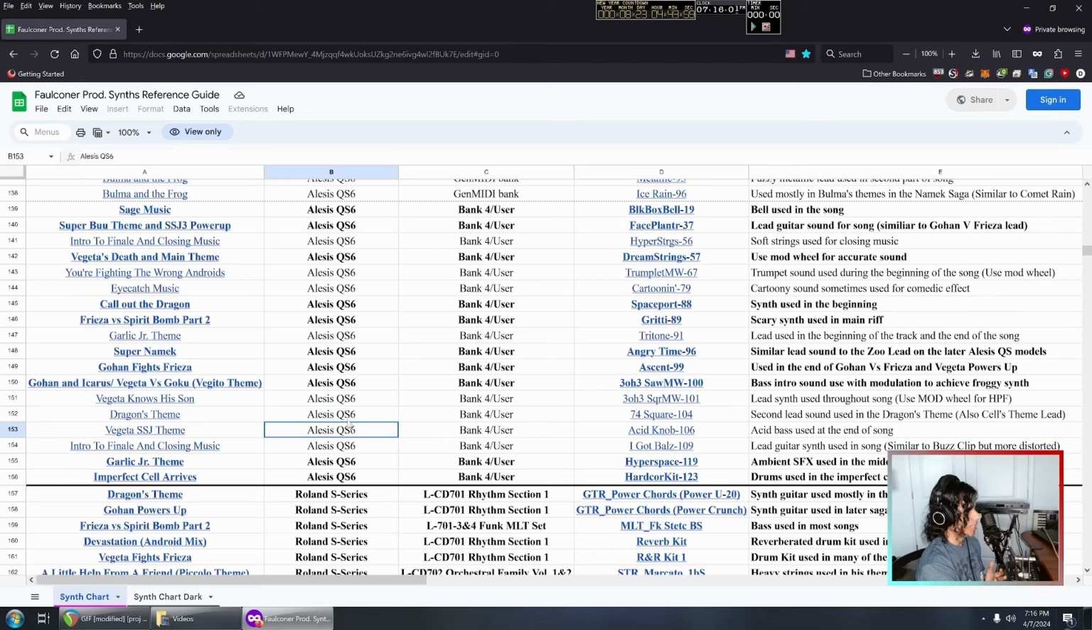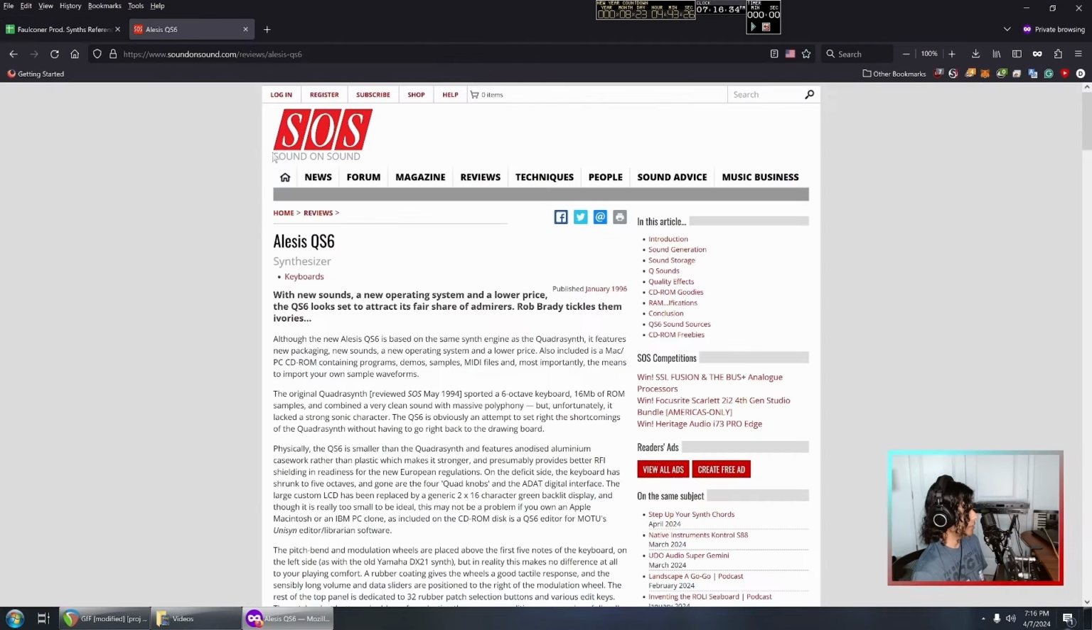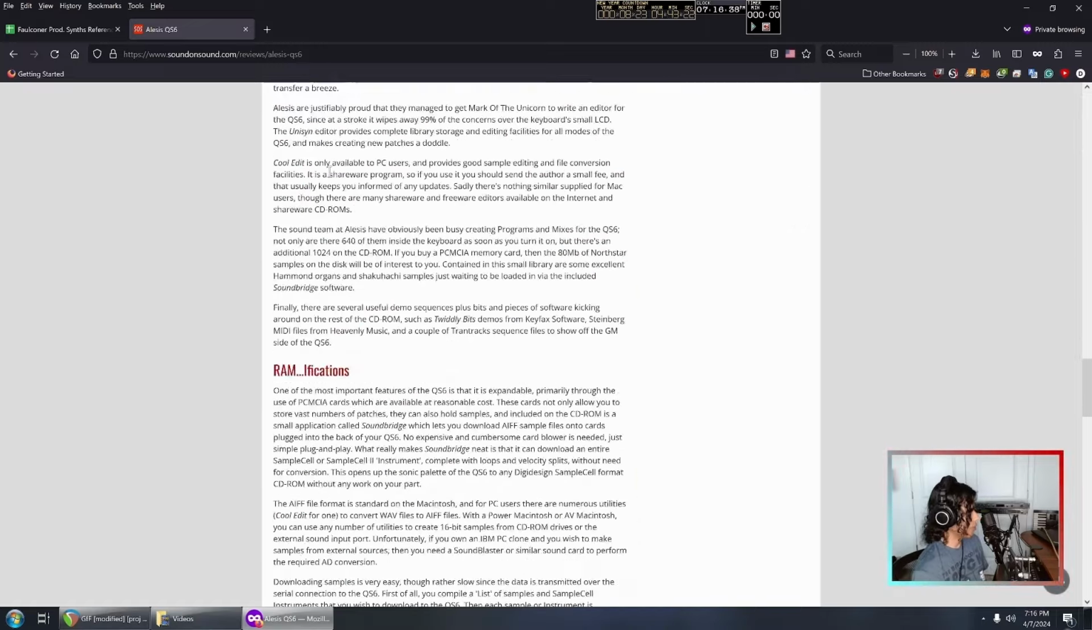The other thing to keep in mind is the reason I can't make sound fonts of this keyboard. There's a lot going on in this keyboard that can't be recreated through Soundfont. There's so many LFOs, so many filters, and all that, and it's quite hard to recreate that as a sound font. Right here, Sound on Sound has a rundown on the QS6, and if you scroll down, you'll see